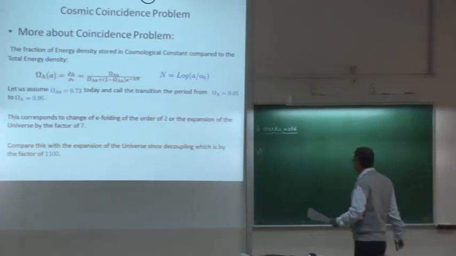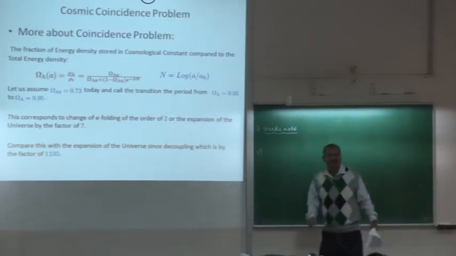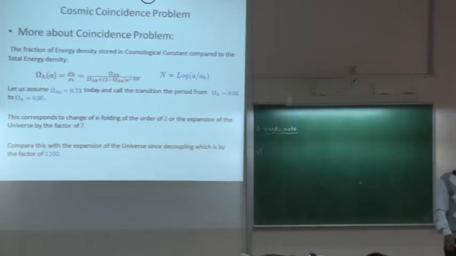The second is that sometimes you can get a situation where there is no coincidence itself. The dark energy and dark matter, or whatever matter, are always there and behave in a similar way. The only difference between them is that one clusters and one does not cluster. You need to have some matter in the universe which clusters to give you the structure formation of the universe.